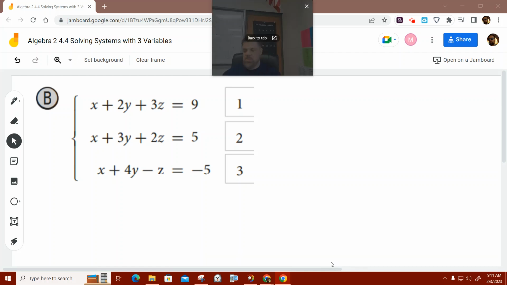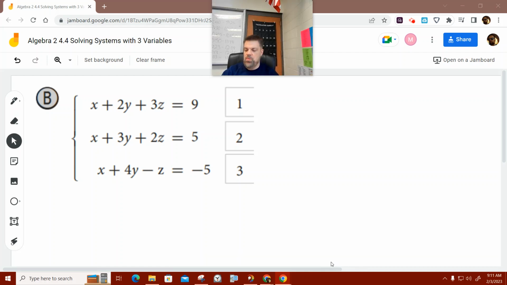So now for this one, it's more of the same. I noticed that equation 1 and equation 2 and equation 3, they all are solved for x. That's a good thing. So what I can do is I'm going to take equation 1, and I'm going to